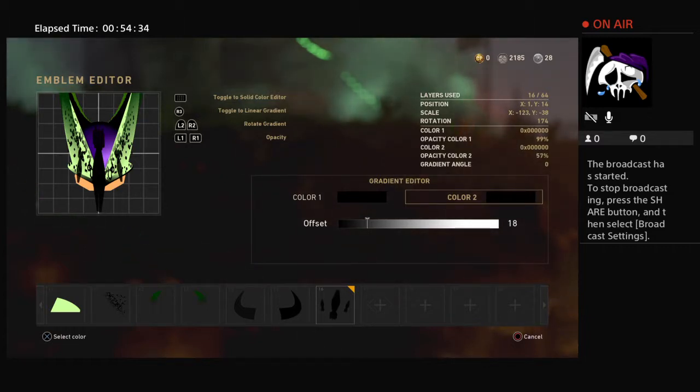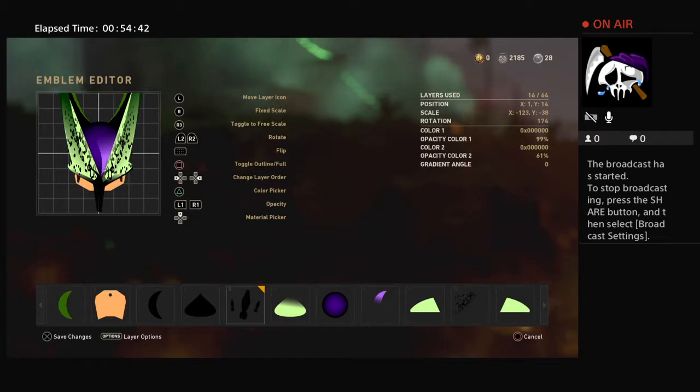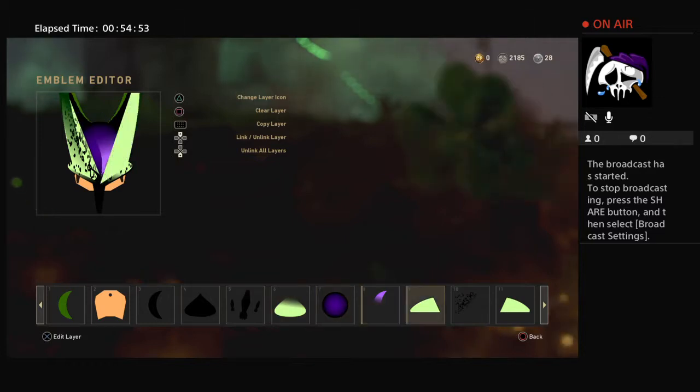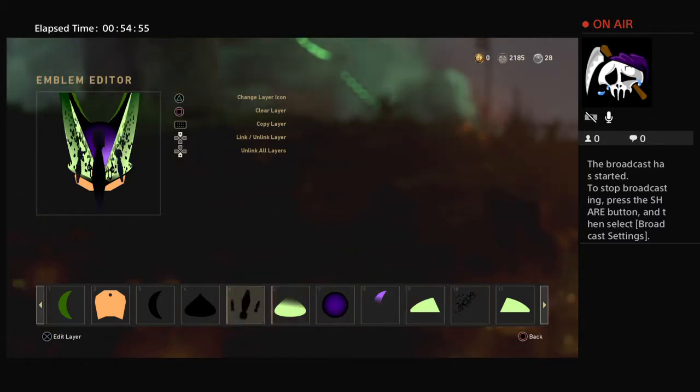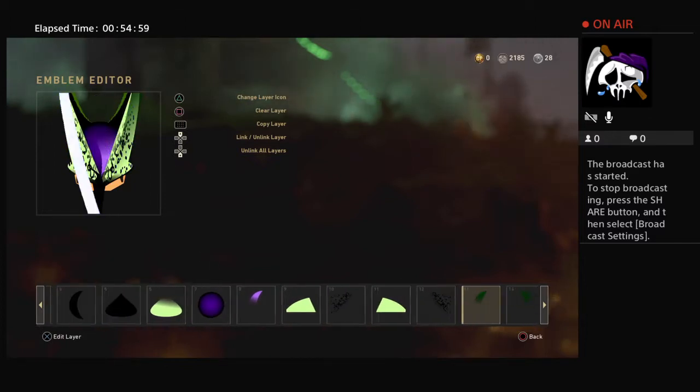Sure, I could do that. I don't need to turn the gradient down if I'm gonna cover up that area anyway, right? Right. So yeah, we're gonna put the ear holes there. Then we're going to